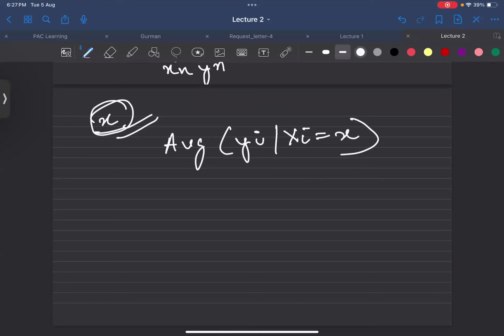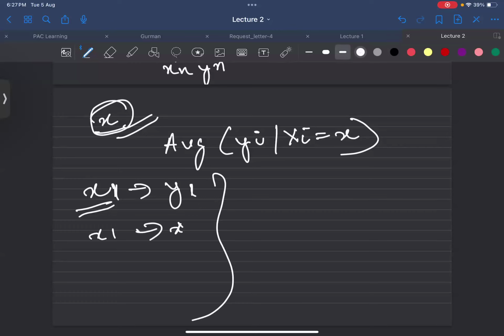So what I did is, suppose I have some data point, suppose x, which is mapping to some y. Like I have this x1 which is mapping to y1. So suppose I have 4-5 data points. I'll take that average and I'll say, okay, the y for x1 is equal to this.